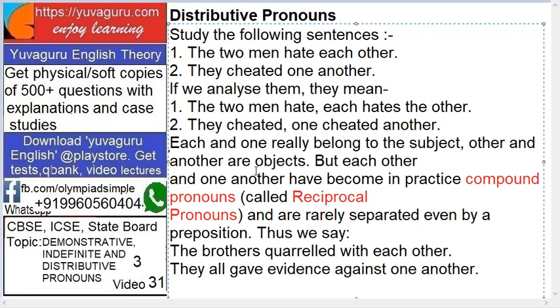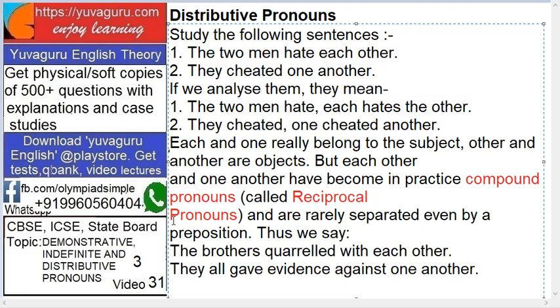Each and one really belong to the subject. Other and another are objects. A sentence contains two parts, subject and predicate, and the predicate contains another part that's called the object. So object is always a part of the predicate. Other and another are objects, but each other and one another have become